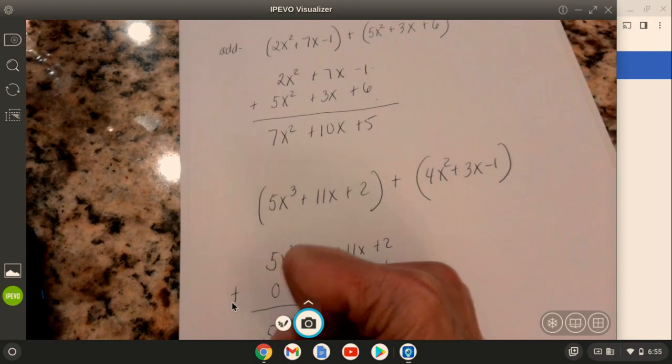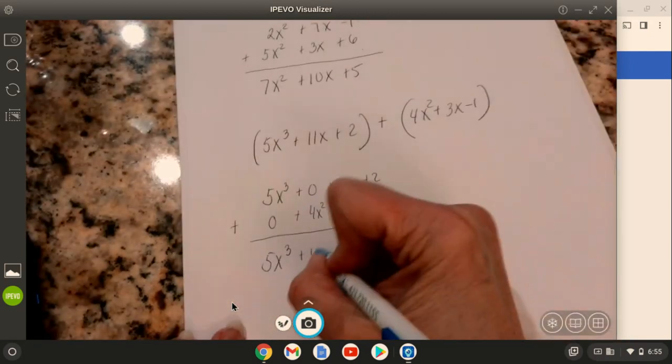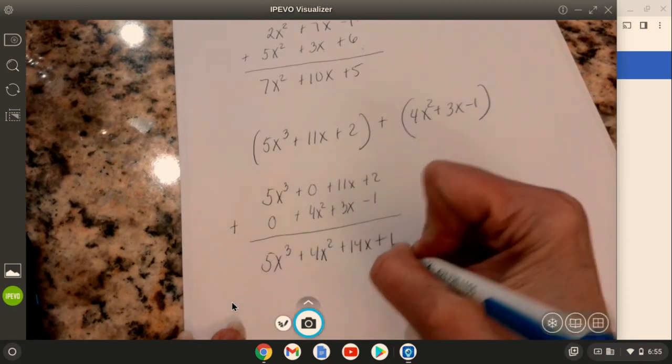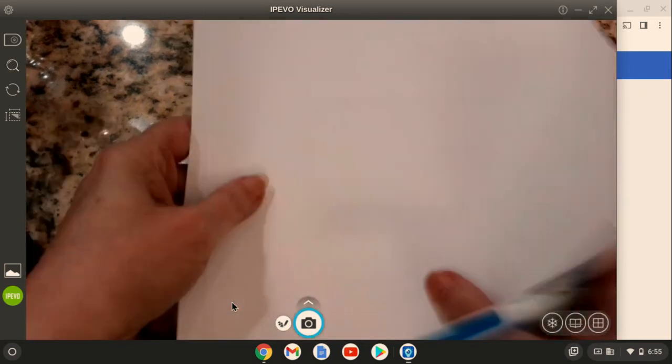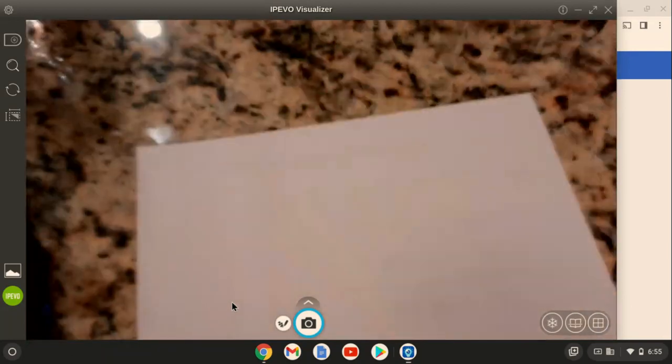So your answer, after I combine it, would be 5x to the third plus 4x squared plus 14x plus 1. So that's how you add. When you subtract, you essentially do the same thing. So if I have